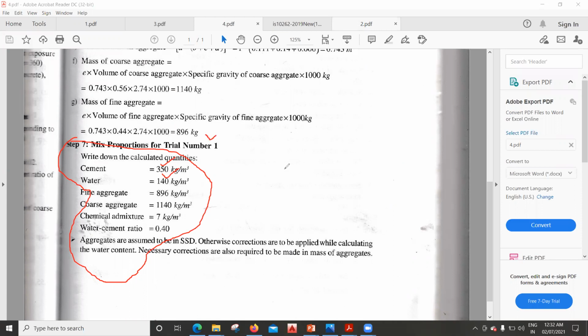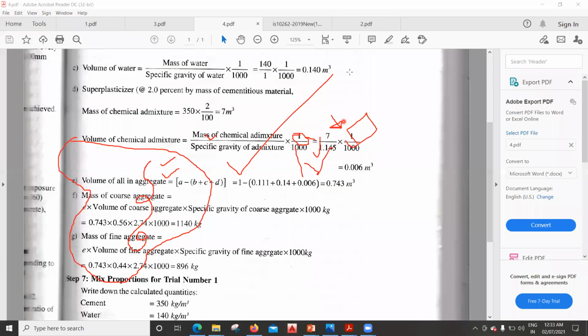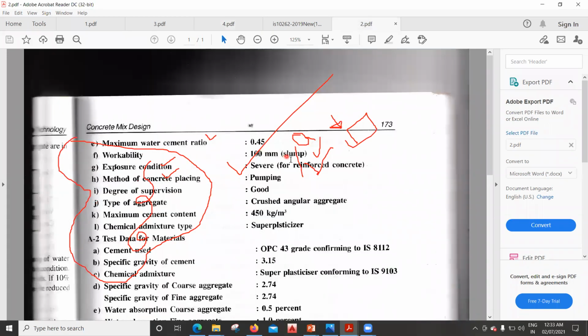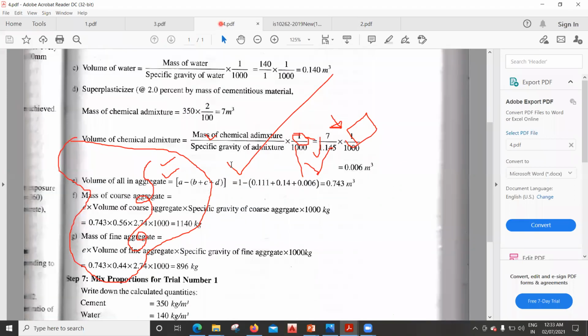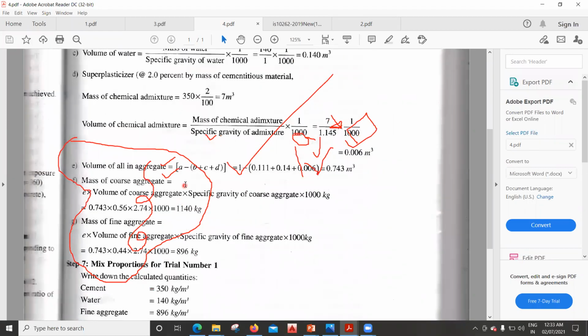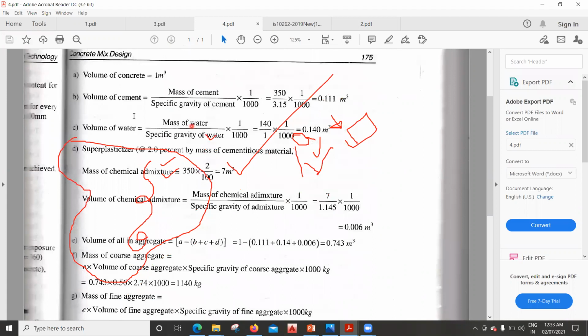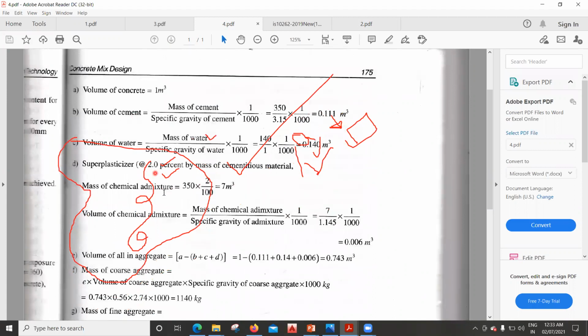Now we need to practically check this with the help of a slump test, and once the slump test passes, then we have to do the cube test, and if both of them pass, then only can we say that for this particular concrete of M30 grade, you can use this proportion freely at the site and do the construction, all right. But if you are not able to pass the slump test, that is, if you are not able to get the slump given in the question, 100 slump, and even if you achieve 100 slump, if you are not able to achieve the 30 newton per square millimeter strength, then you have to play with these things: change all these ingredients, try to increase the cement content, adjust the coarse aggregate content. You have to do a trial and error method.